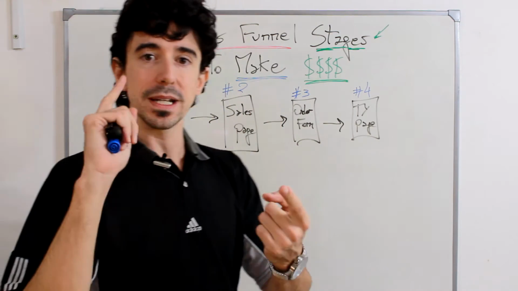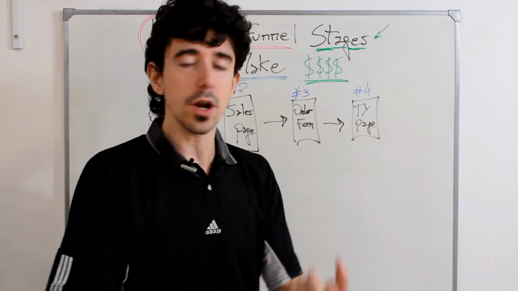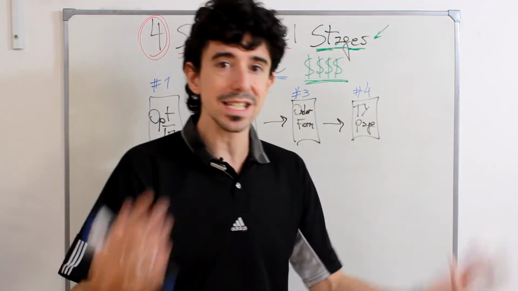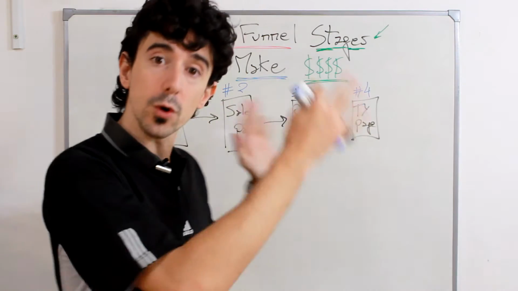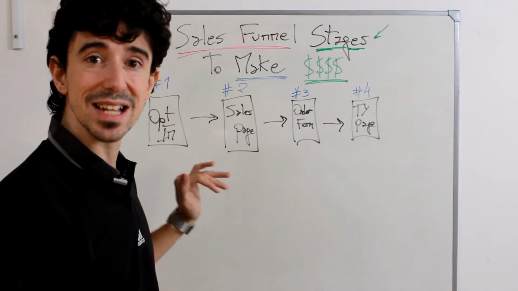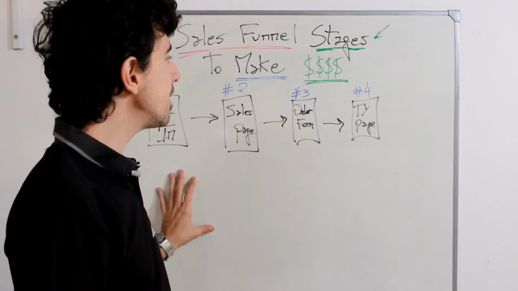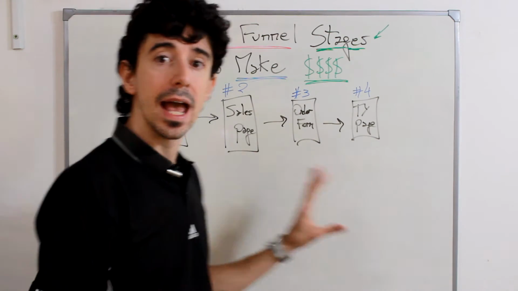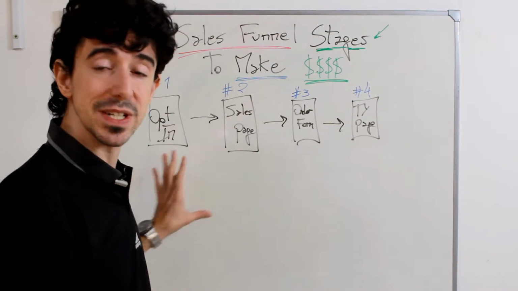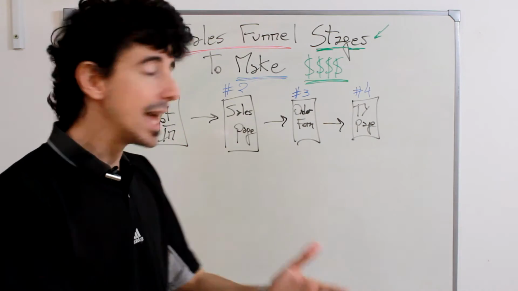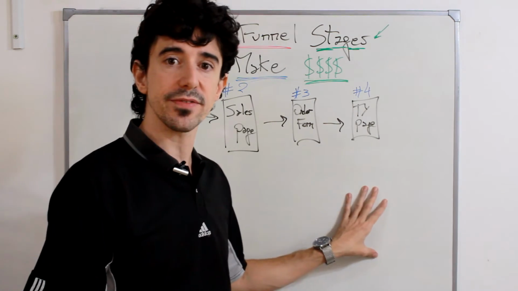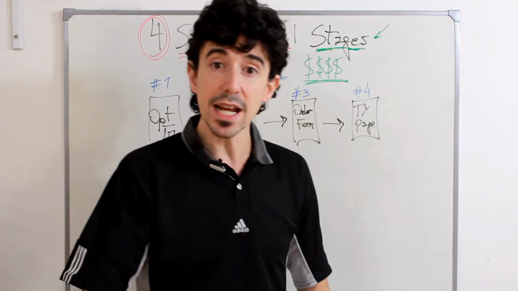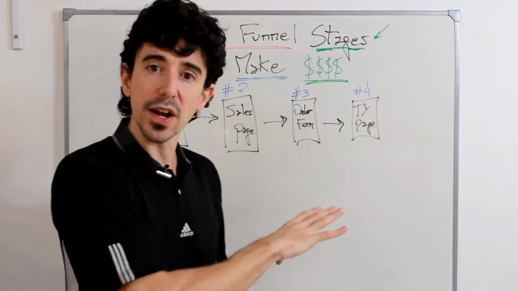This works with warm traffic, traffic that is on your list, for example, or it's on your Facebook group or your LinkedIn group, whatever. It works for cold traffic if you're sending Facebook ads, etc., etc. And if you want to have a really cool way of understanding the numbers, meaning how much money you need to pay per opt-in, how much money you need to pay per click, how much money you will be making on this sales funnel, and most importantly, how to achieve your dream income by applying this kind of funnel,